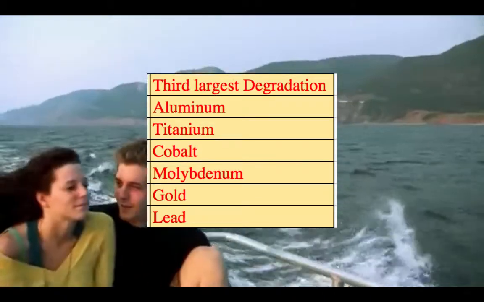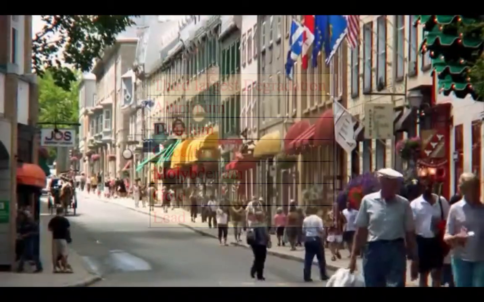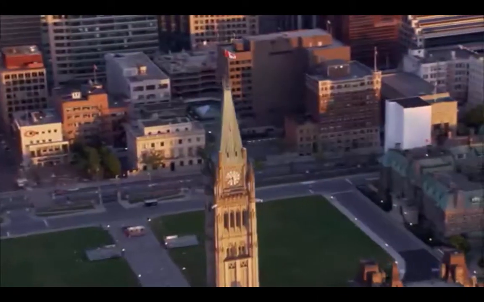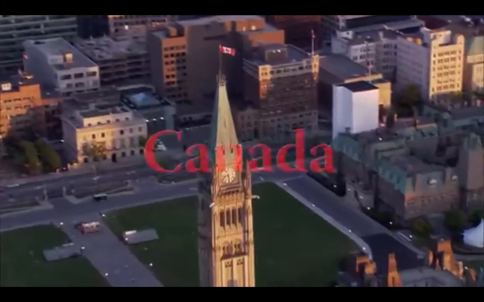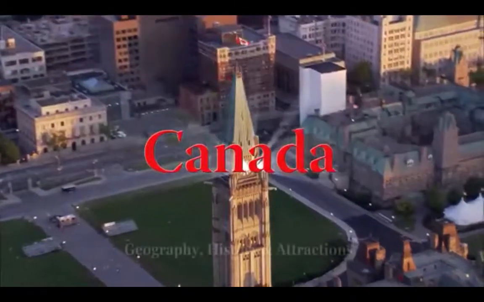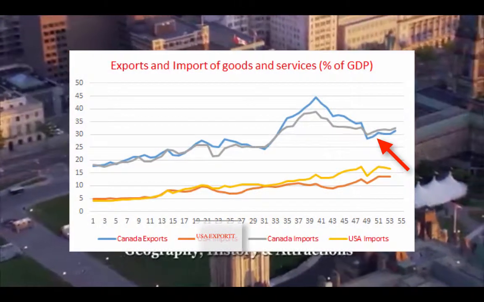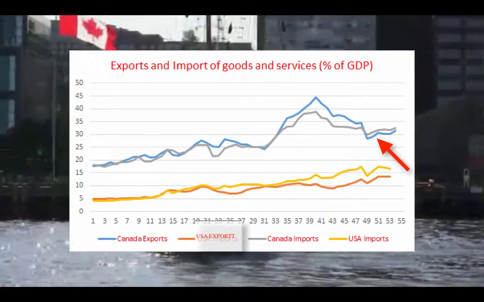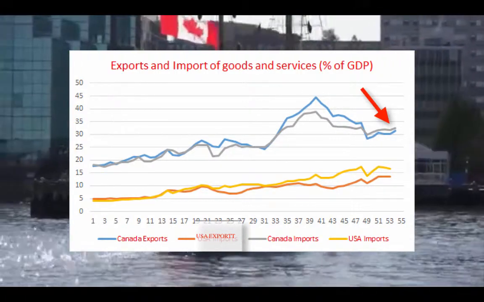About 80% of exploited resources are exported, mainly to the US, even though only 8% of its land is used for agriculture. Canada is one of the largest exporters of agriculture. Canada has a fairly high export rate of 31% of its GDP and 32% of its GDP which is imported,